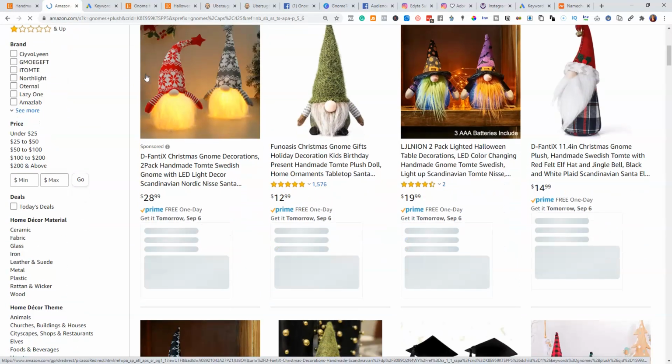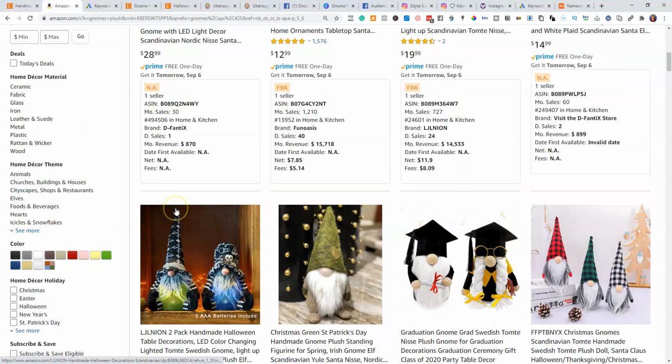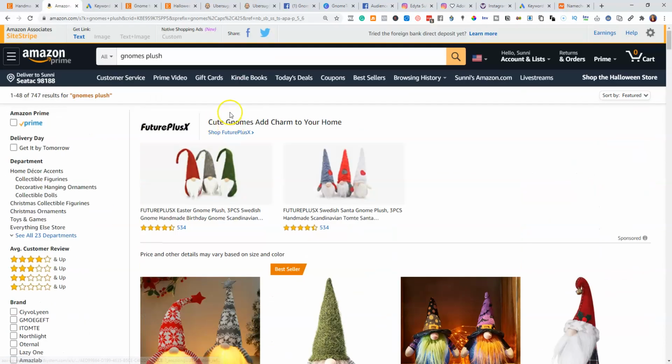And what we can see here is we've got these, these are the right ones, these are the listings here. Now what I'm going to do is I have this app up here that I use in all my videos. It's called Jungle Scout, and it's used for people who are sellers on Amazon to do product research. So because I'm a seller on Amazon, I have this app, and when I hit Jungle Scout,